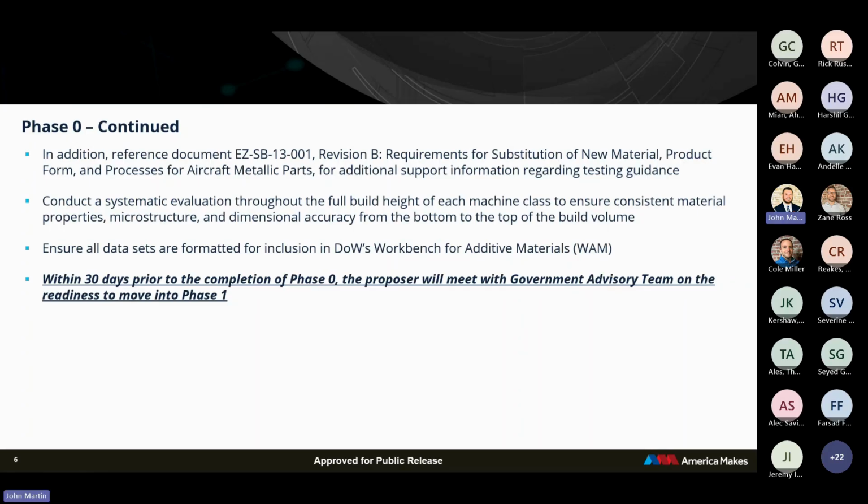So another thing that we want to make sure is done in this project is to conduct a systematic evaluation throughout the entire build height to understand any potential material properties that you would have in the vertical direction of the build, instead of just understanding coupon generation in the, say, first half or 3/4 or whatever. We want this to be characterized through the full build height of the machine for each type of machine. And then all the data sets that are generated on this project are going to need to be in a template for the workbench for additive materials. So this was something that we've introduced on some of our previous projects that have come out recently. We'll provide a template for that for the project teams,